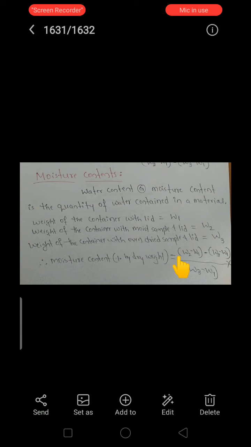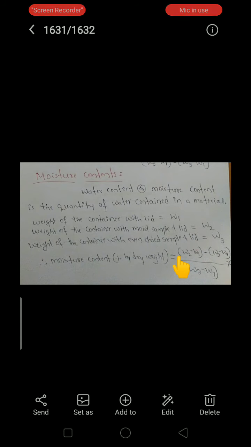Batching is nothing but weighing the fine aggregate, coarse aggregate and cement in the required amounts. While doing the batching, or the measurement, the moisture will affect the concrete. So for that purpose we need to find out the moisture content, how much percentage of moisture is present inside the given volume of soil sample. So what is water content or moisture content? It is the quantity of water contained in a material. So how are we going to determine these things?